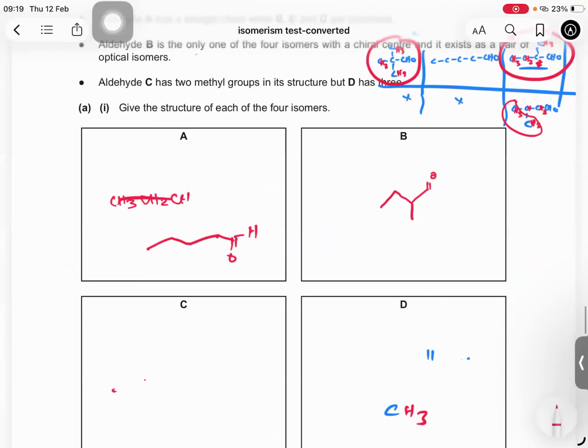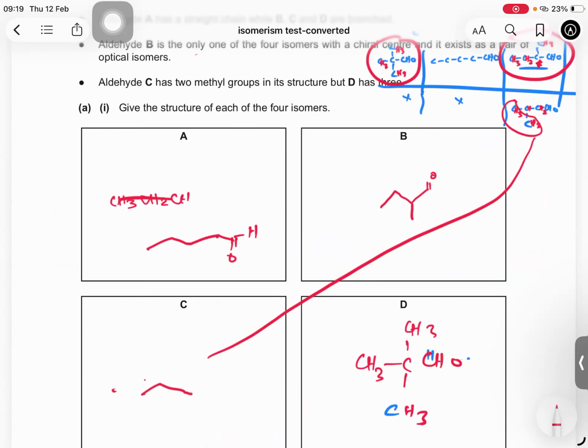सो D में कितने हैं? 3 मिथाइल ग्रुप्स हैं, तो D इज लाइक दिस. ये D हो गया और बच गया यही, दिस इज द C. ओके, सो 1 2 3 4 and then this is alkyl group. Okay,